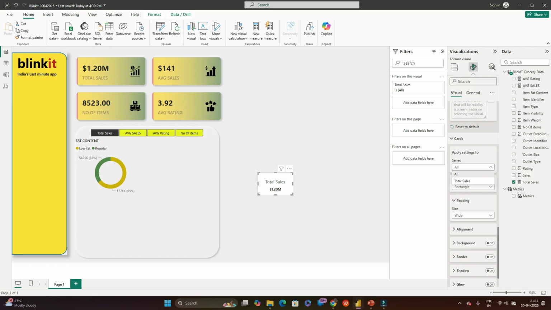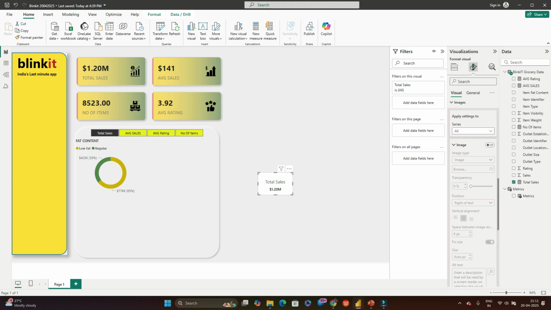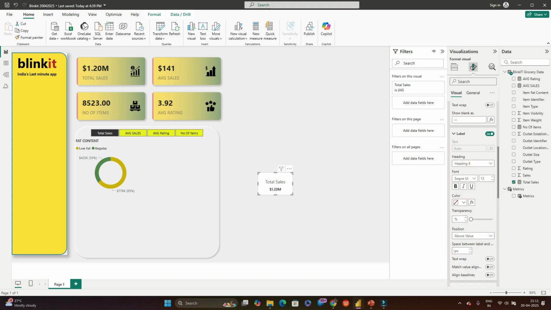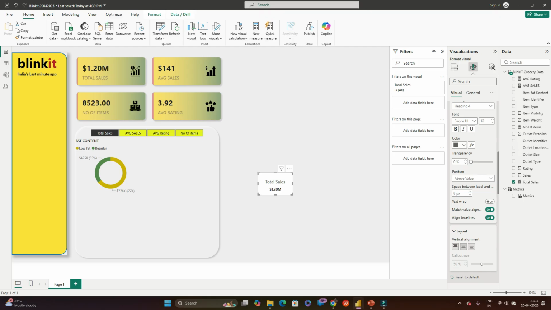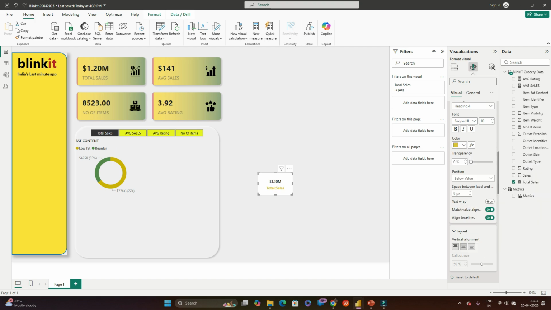let it be, total sales. So values, we need to bring the values. See here position, we can see above value the total sales. Let's bring it to below value and get a little bit smaller font size and make it a little bit bold, and color we can make it as different one. Okay, don't require, let it be like this, yes. Then bring it over this,